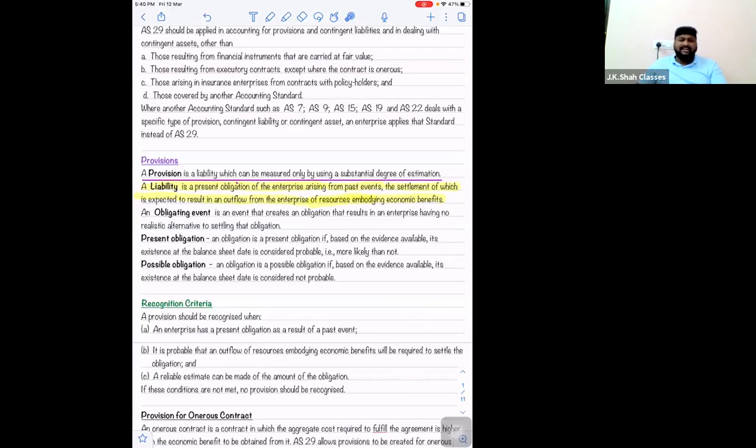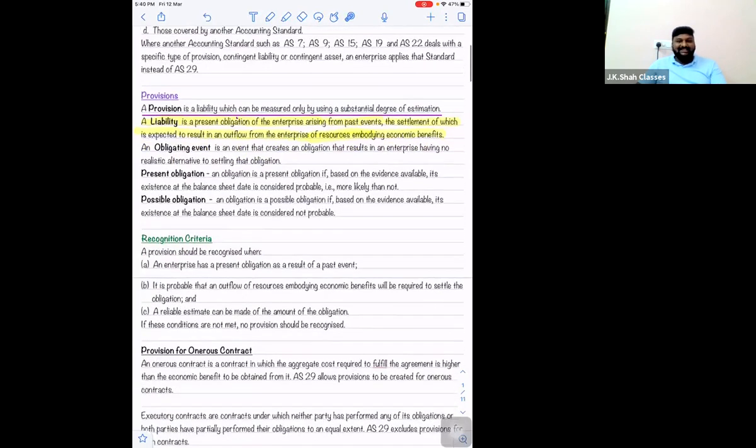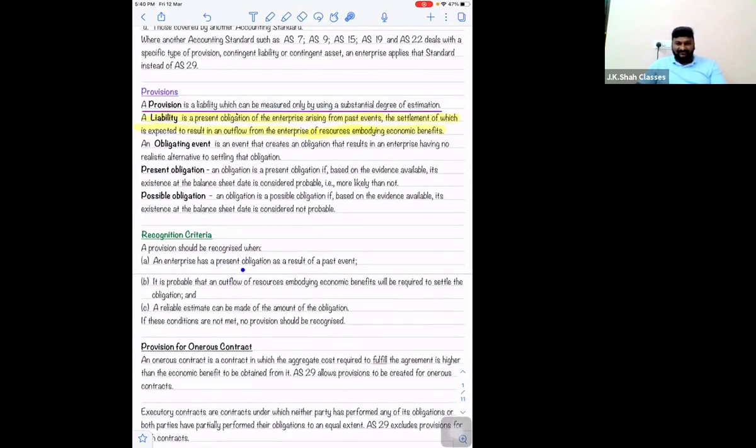And from where did you get these differences? These are nothing but the recognition criteria of provision. The same recognition criteria come for contingency, but in an opposite way. Opposite way means what? First, we said an enterprise has a present obligation. So for contingency, what will I write? An enterprise has a possible obligation. Second point is: it is probable that an outflow